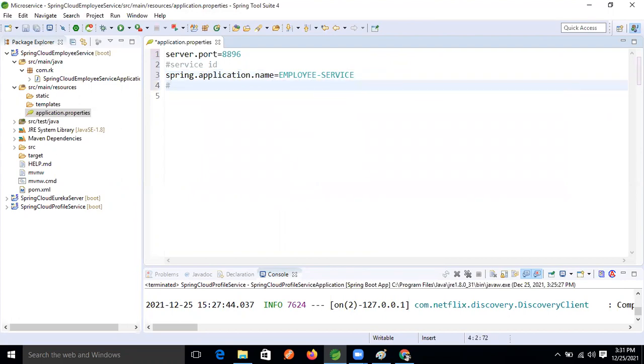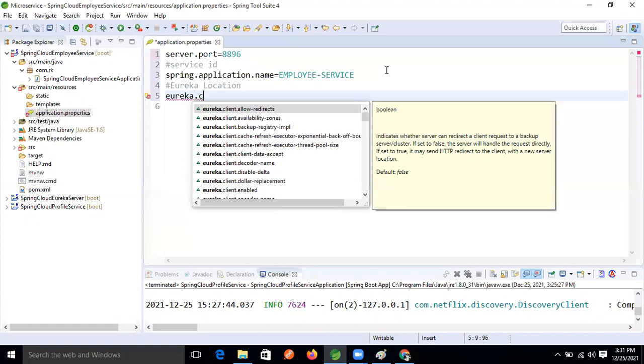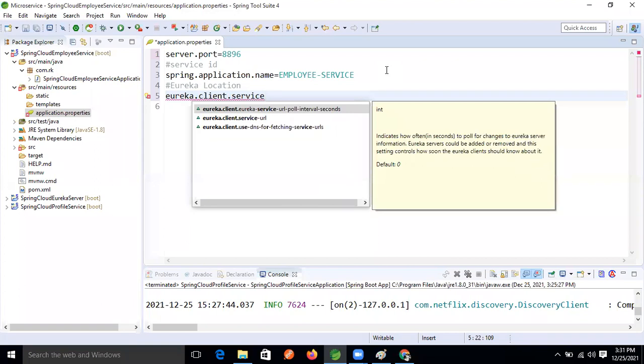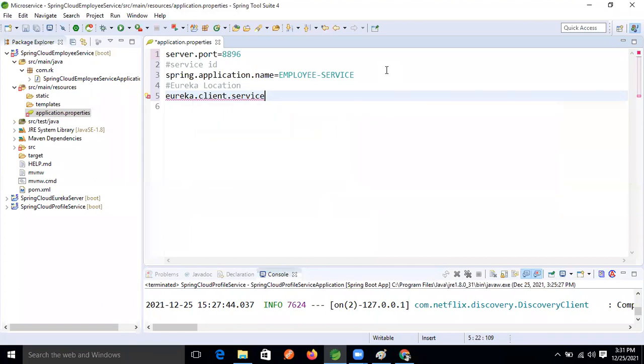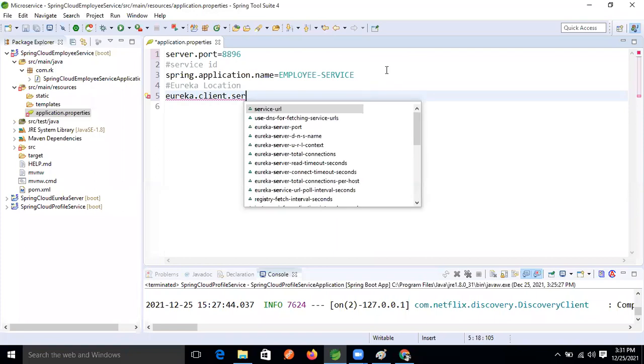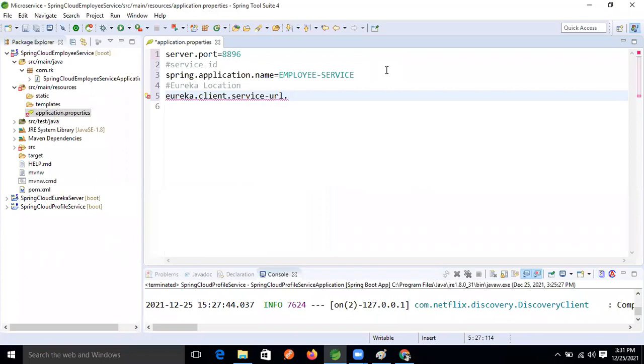After that, we need one more property. What is the property? The Eureka location: eureka.client.service-url.defaultZone.